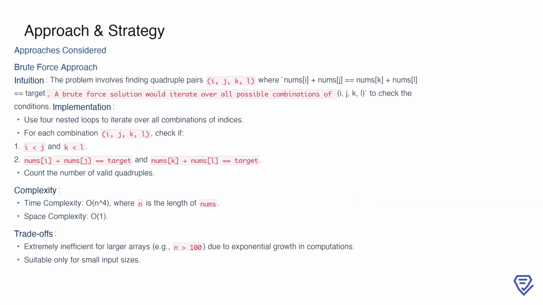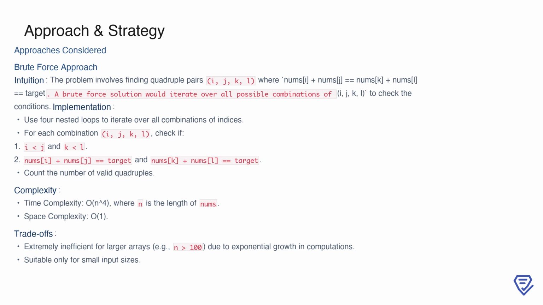To solve this problem, the brute force approach is the most straightforward way to start. The intuition here is to iterate over all possible combinations of quadruples, i, j, k, l, in the array and check if they satisfy the given conditions. Specifically, we need to verify two things: first, that the indices follow the constraints i less than j and k less than l, and second, that the sums of the pairs (i, j) and (k, l) both equal the target value. Implementing this approach involves using four nested loops to generate all possible index combinations and then filtering out those